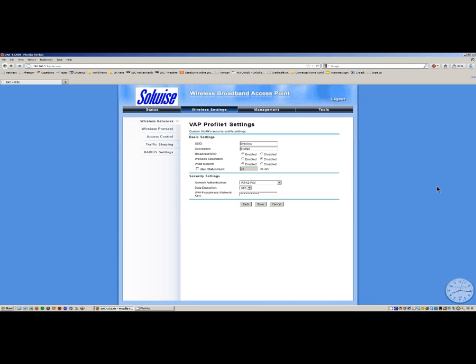I haven't played around with one of the £1,000 units, so I can't be sure exactly what extra they give you. I'm sure they give you a bit more for your £1,000. But what these do is they still give you the central management that you need to control all your access points in one go, plus the ability whereby all the access points merge together to give the impression of a single Wi-Fi access point to the clients, which means that when clients move around the network, hopping from one access point to another, it significantly improves